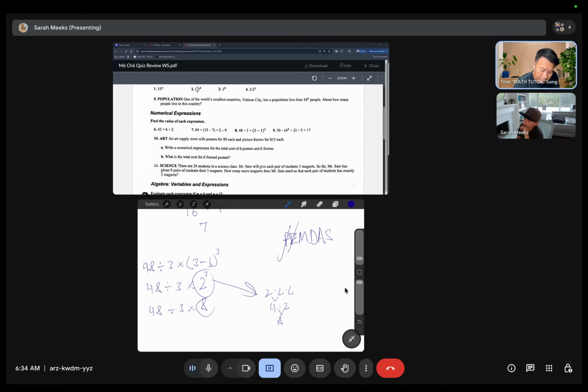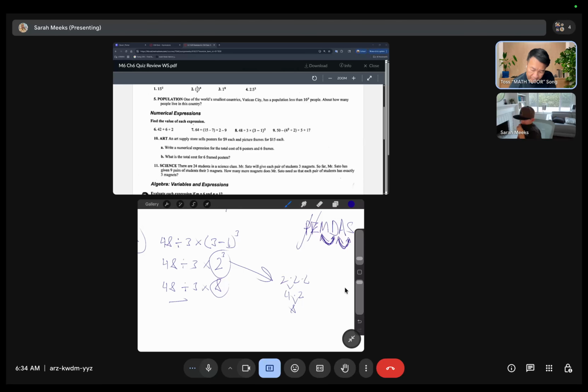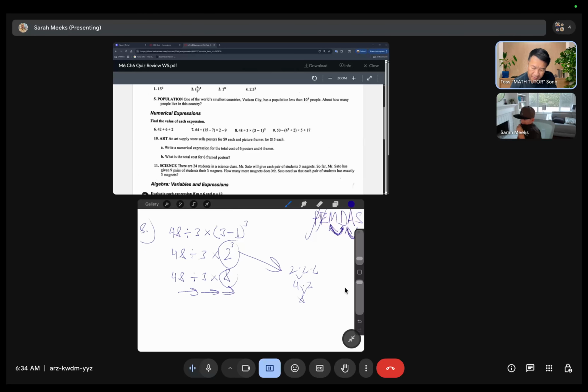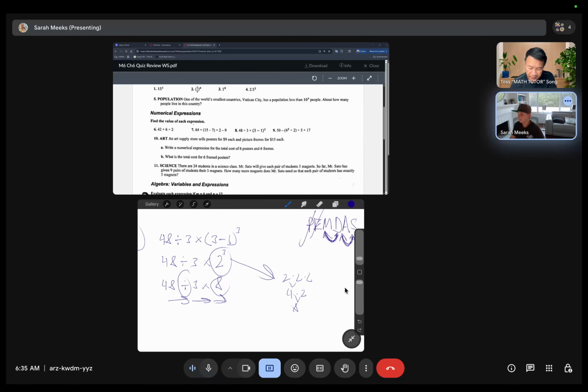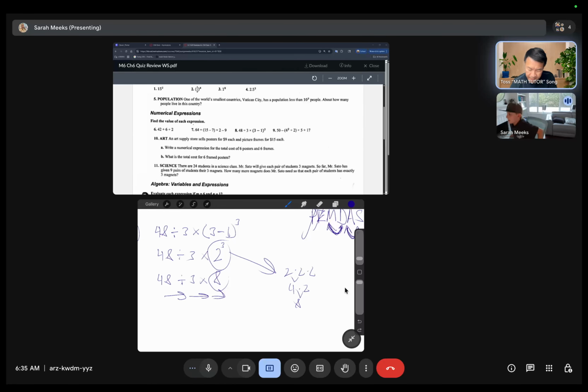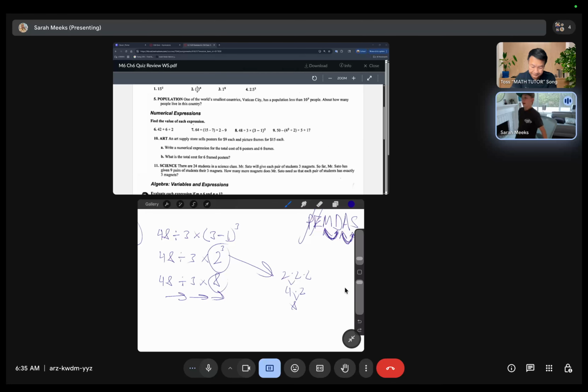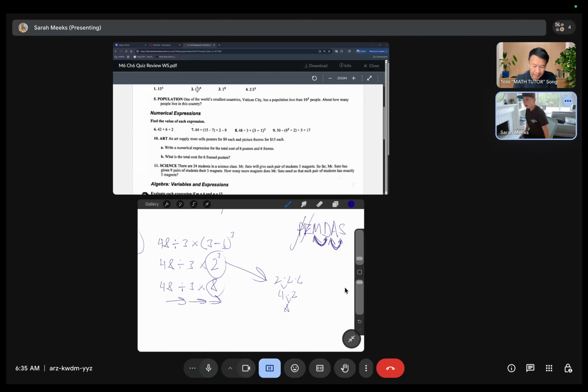Now you're done with the exponent, but this time you're going to do multiplication or division, whichever comes first from left to right. So scan from left to right again. Division comes first, so you should be doing that first. Don't forget, MD can be switched around, and AS can be switched around. That's why I'm doing division first. But not D and S, though, right? You don't want to do that because